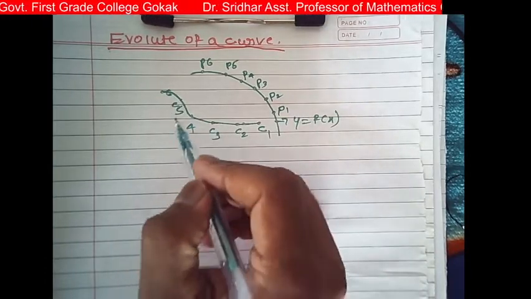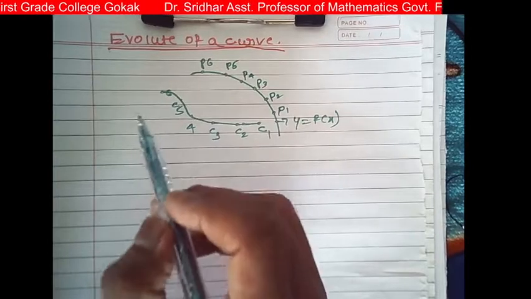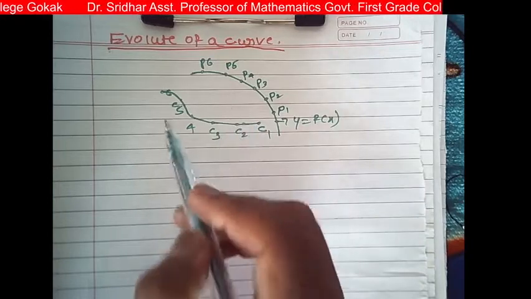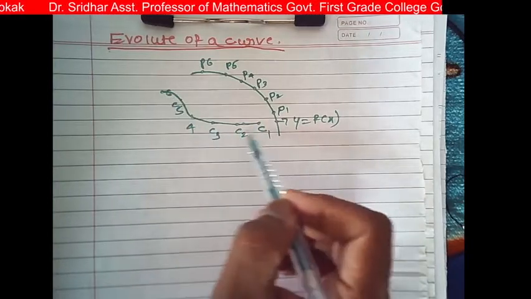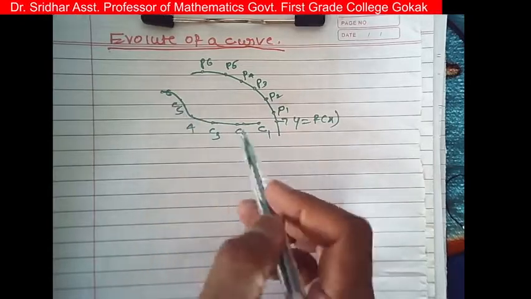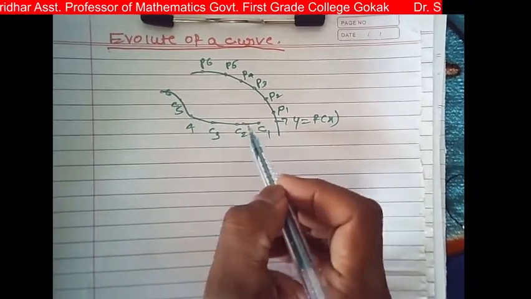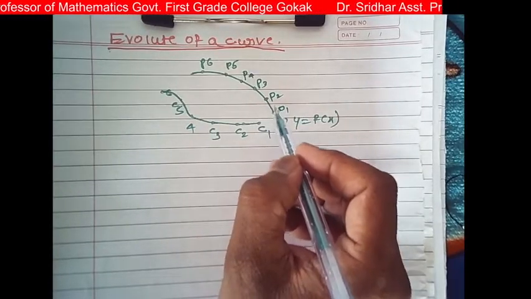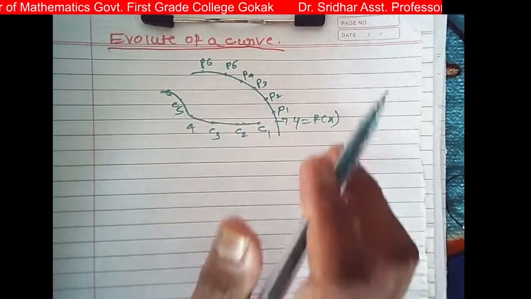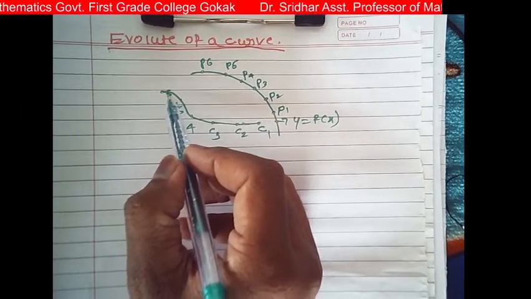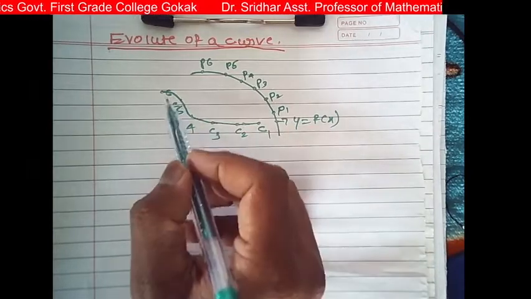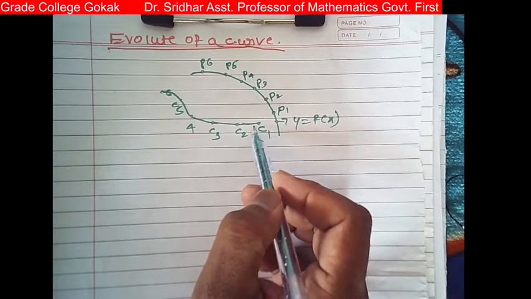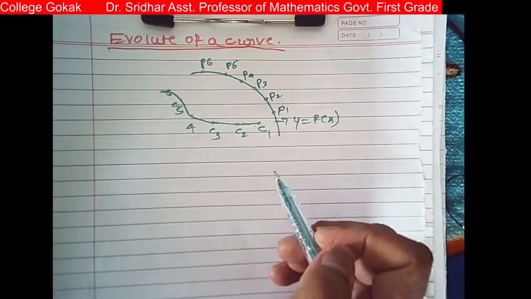So already you know what is locus of a point. So locus of a point means what? It is a path traveled by the point P under some condition, right? So here also this is a curve, and this is a path of the point which moves in such a way that the points C1, C2, C3 become the center of curvature for the points P1, P2, P3, P4 and P6. So this is the condition. Under this condition, this point is making a path, so that is this curve. So this curve is known as the evolute of a curve.